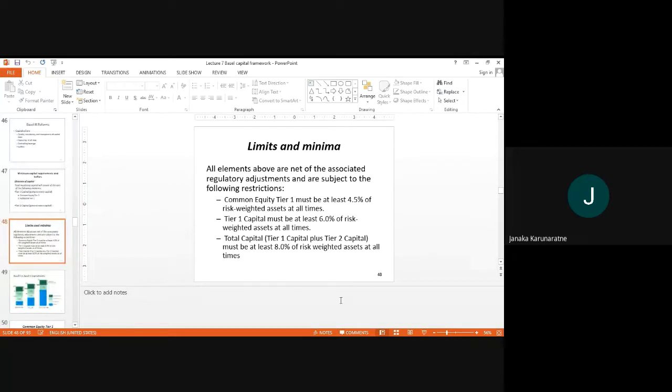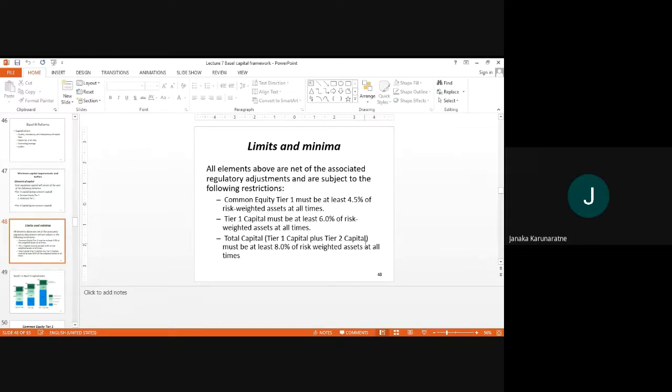So then, what are the new ratios it suggested? Now, earlier, under Basel 1 and 2, I am referring to the international standard, not Sri Lankan. Don't get confused with the Sri Lankan requirement, I will come to that later. So internationally, what were the original requirements of Basel 1 and Basel 2? Core capital, how much ratio? What is the international requirement for the core capital? Can someone tell? 4%? 4%, total 8%? 8%. So those were the international requirements for the core and total capital under Basel 1